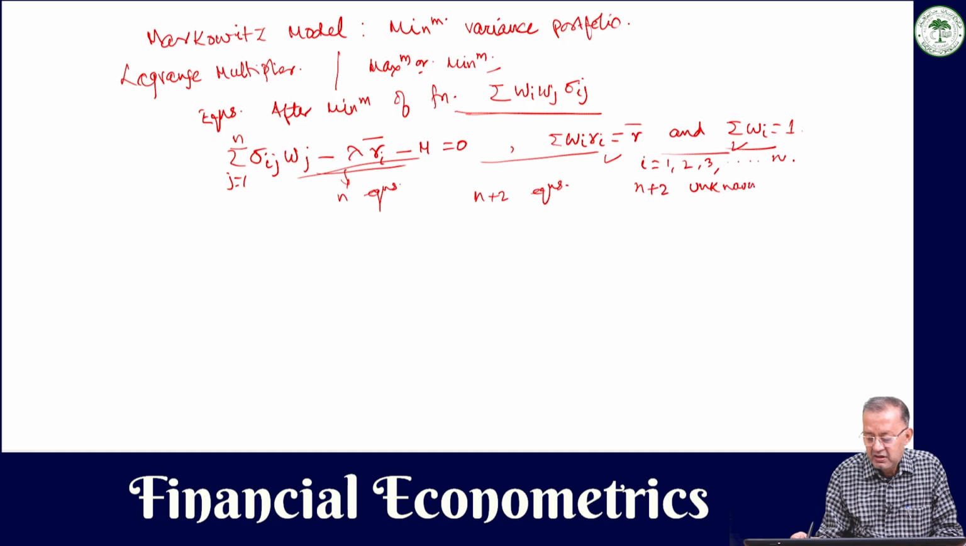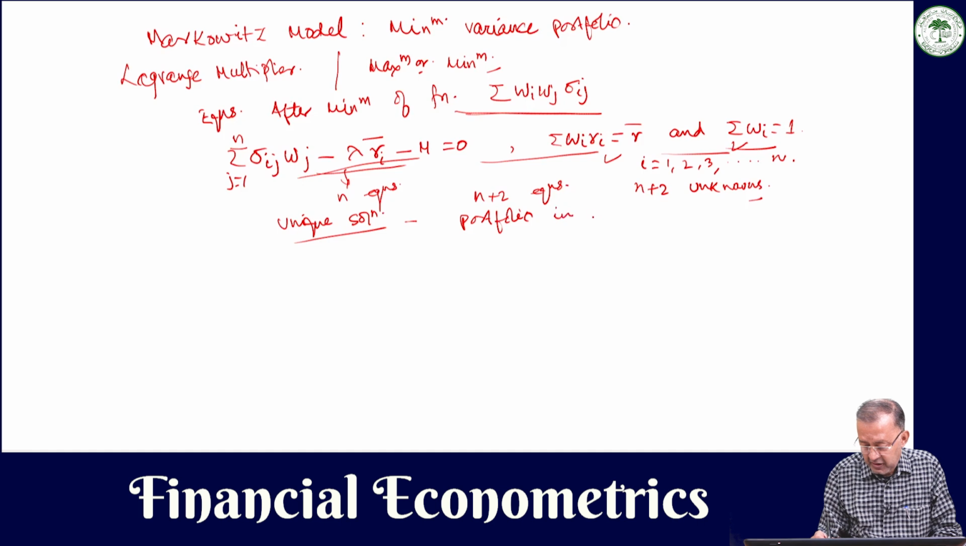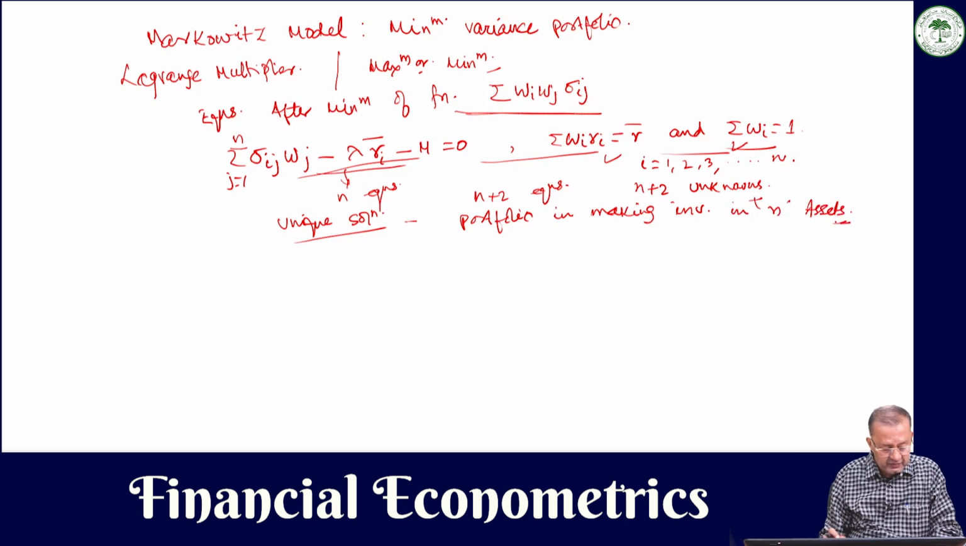The relationship is linear, so we can get a unique solution for the values, and it is on the basis of this that we are in a position to find out the portfolio in making investment in assets. So by using this equation, this final derivation of the Markowitz model,